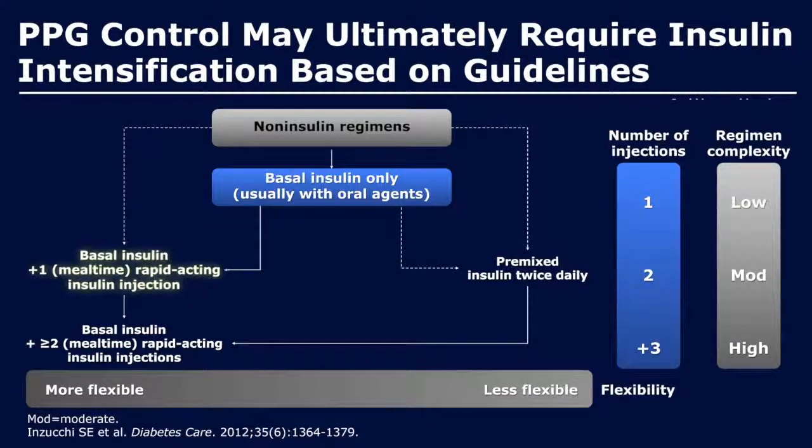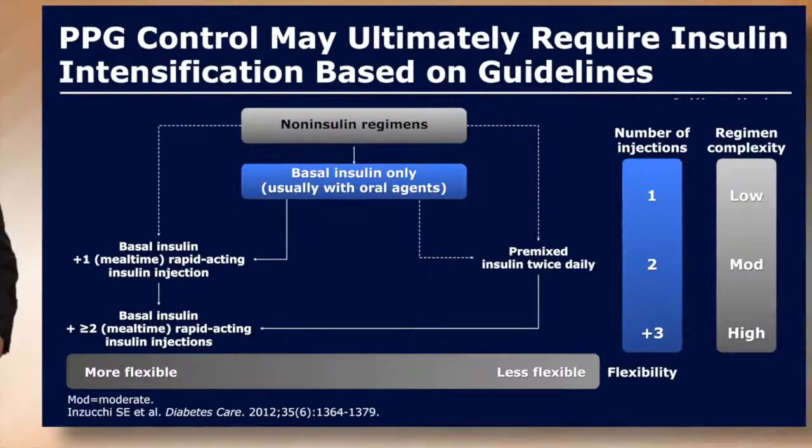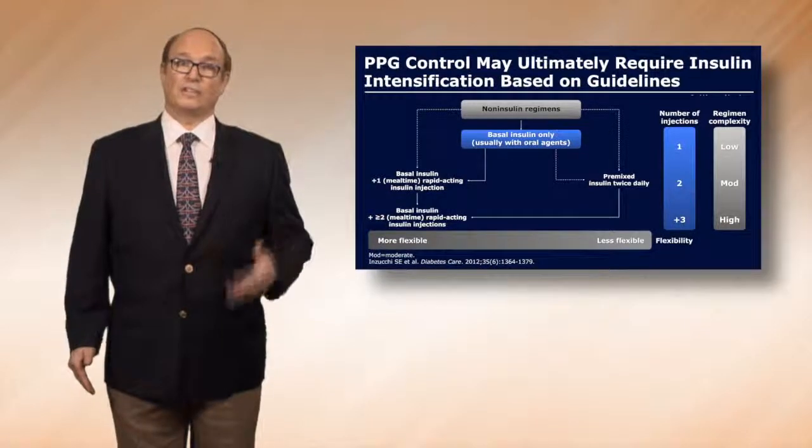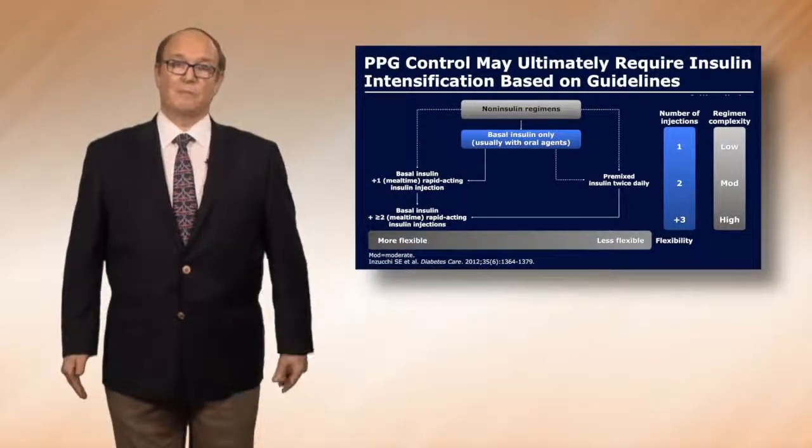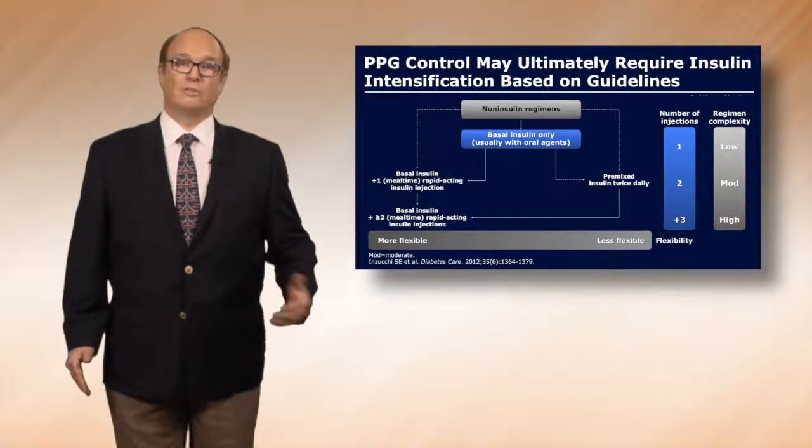Patients should proceed to basal plus mealtime insulin if basal insulin has been titrated to an acceptable fasting glucose but A1C goals are not being met. It's also possible to progress from basal insulin to twice daily premixed insulin, although this approach is not well studied. Therapy should be individualized, and when a treatment approach is selected, dose adjustments should be made based on patient-reported glucose